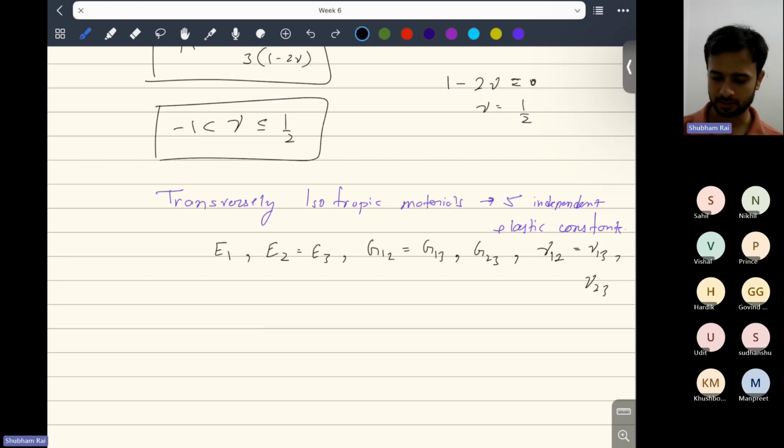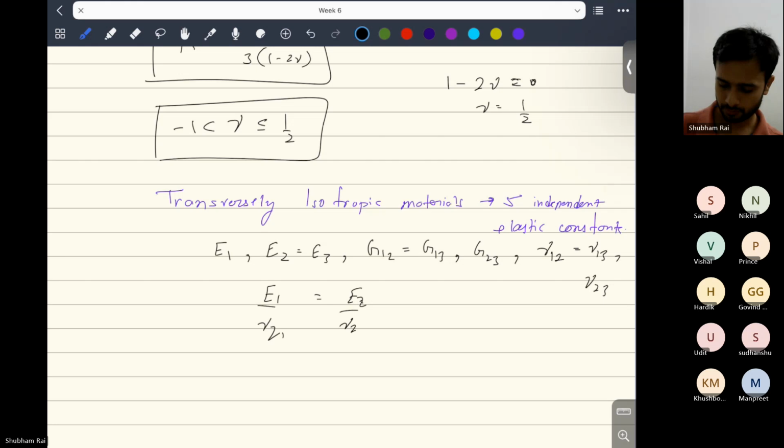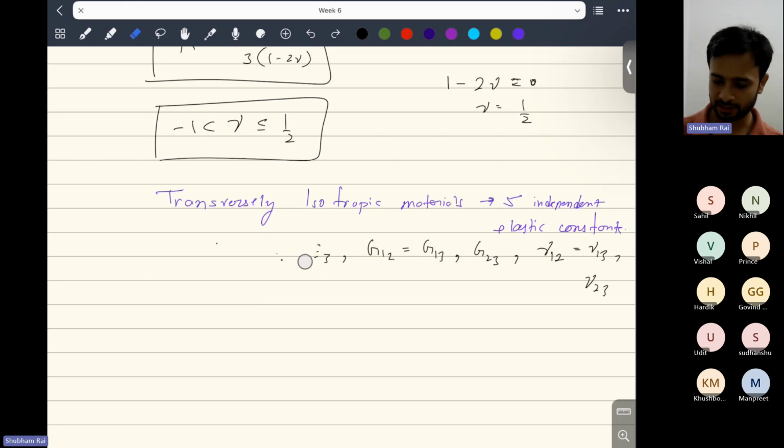Only five will be independent actually. If we look, there is some relation between these T1 values. So if I need to derive it, maybe you can look to one book. These are the constants that I have written, but out of these six, only five will be